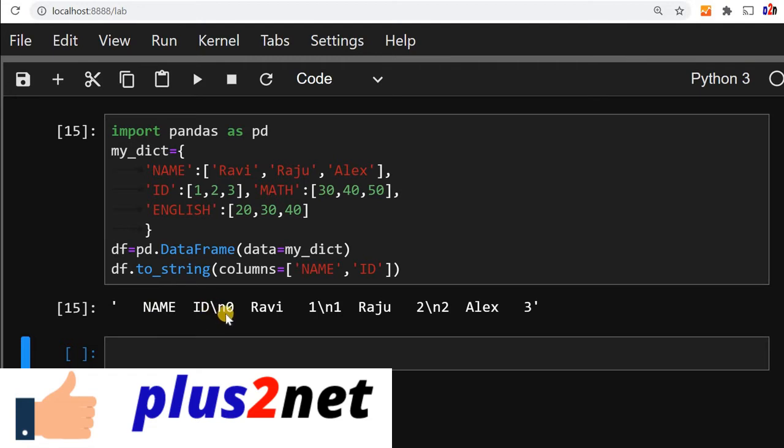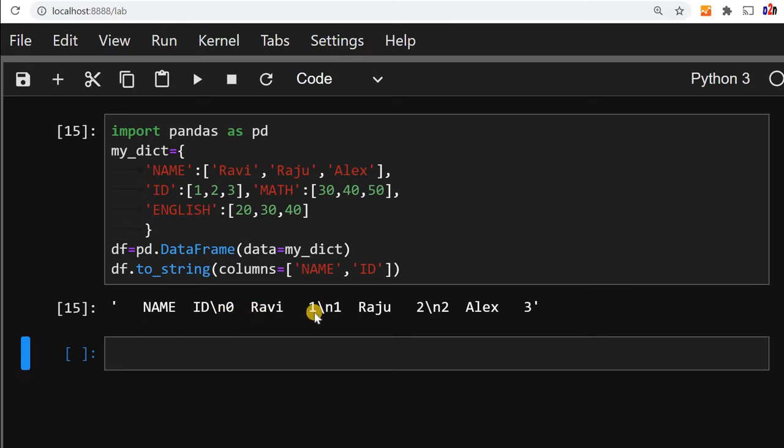This backslash n means line break. 0 is the index column, then name, then this 1. So this 1 is the index here, then Raju, and then the ID, because name and ID. So Raju's ID is 2. Then again a line break. This index is 2, then name, then the ID.